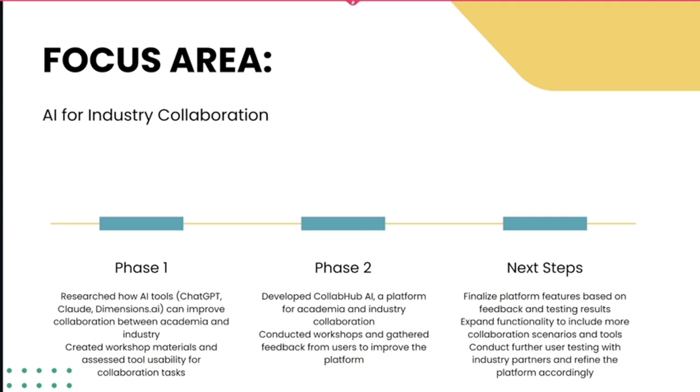Focus area: AI for industry collaboration. The team researched how AI tools could improve collaboration between academia and industry, focusing on project management, communication, and collaborative research. In phase 2, the team developed Collab Hub AI, a platform to bridge the gap between academic and